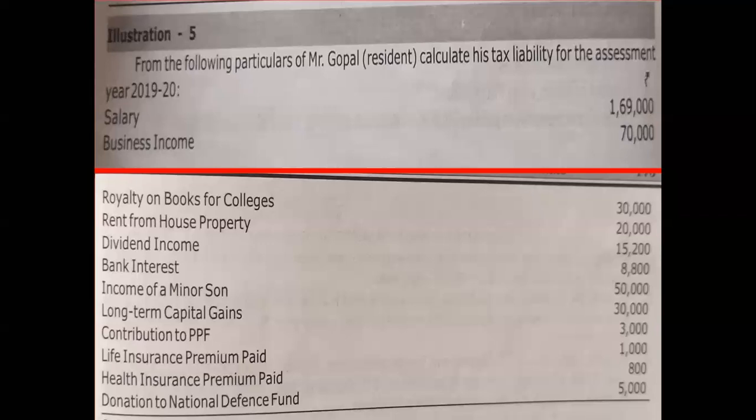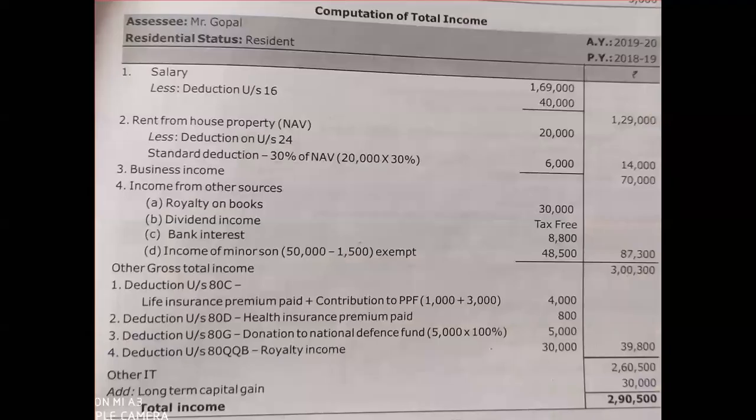Now let's see the solution part. Assessee Mr. Gopal, status resident, previous year 18-19, assessment year 19-20. So we need to calculate total income as well as the tax liability. So heading as calculation of total income. First one, salary. They have given 1,69,000, deductions under section 16, that is standard deduction 40,000. So 1,69,000 minus 40,000, balance amount